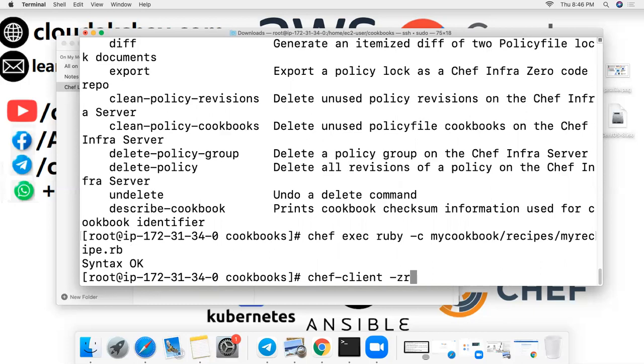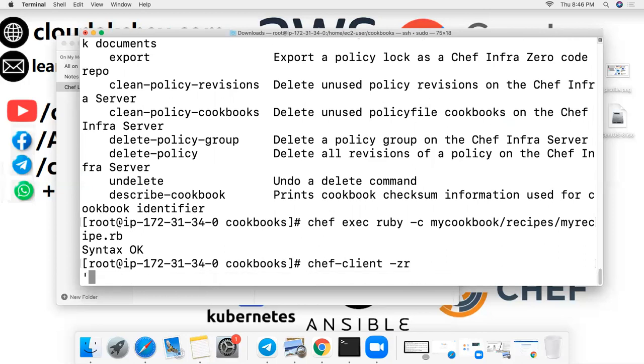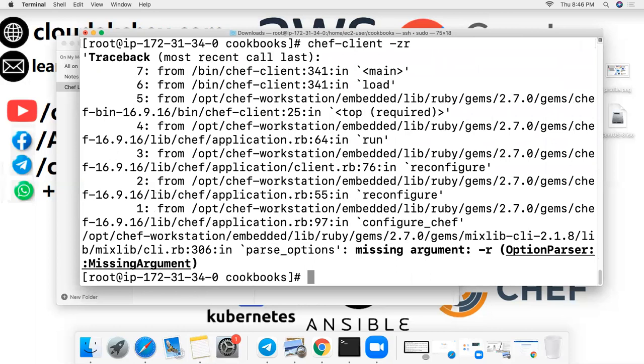Z means local, and r is for the run list, and my recipe, and the recipe path.